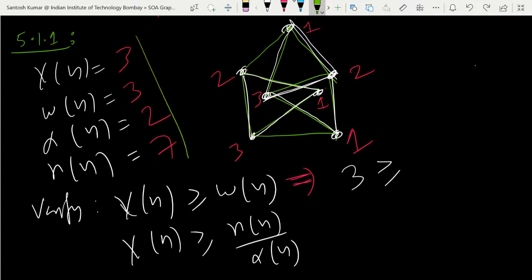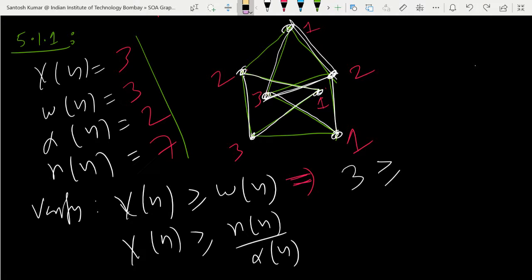So for this it is fine. And if I join, there is also an edge between this and this. Now you can check. So now what will be the chromatic number? Sir, in the previous case alpha will be 3. Okay, in the previous case, that is the independence number.